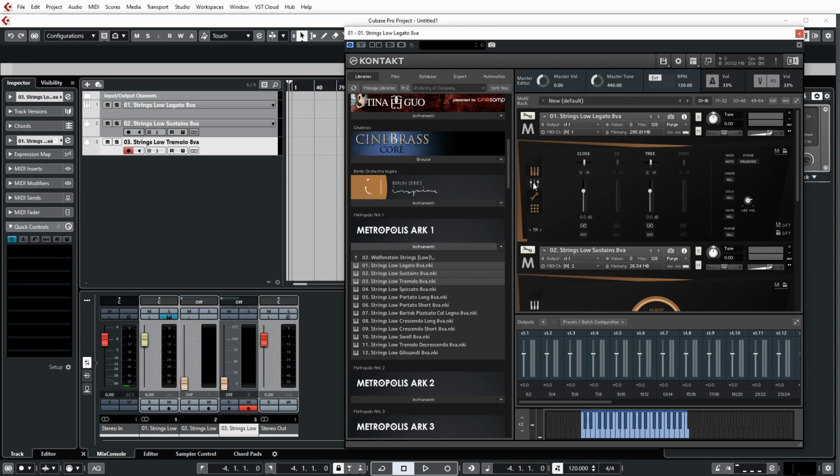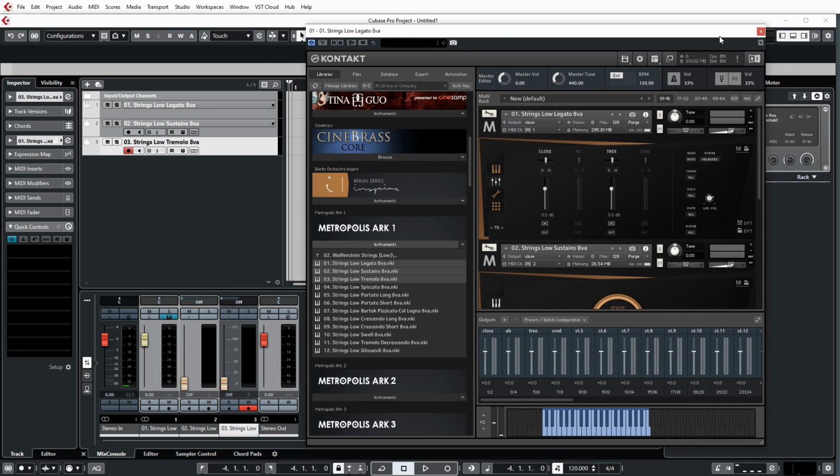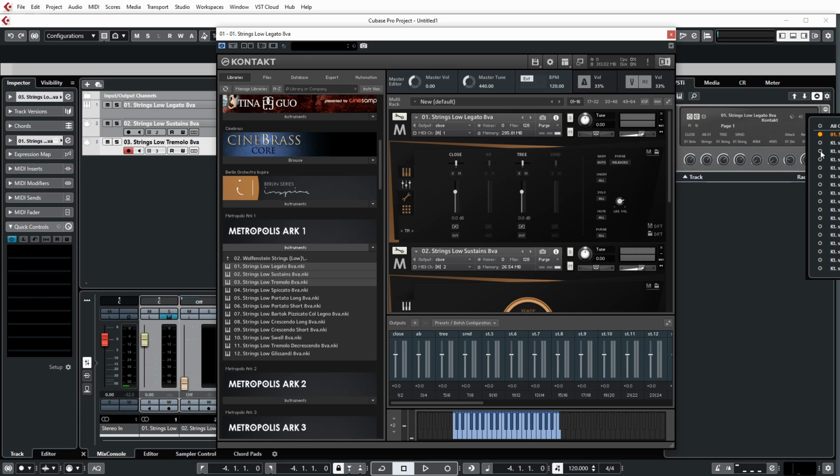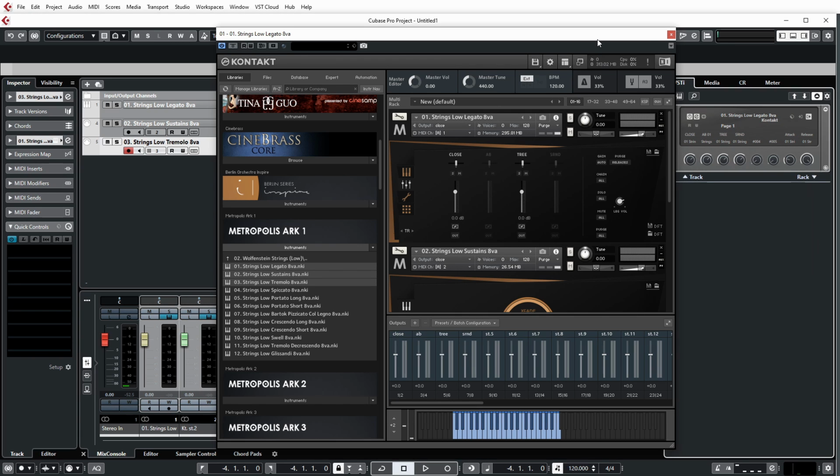Now, let's say we want to have full control over the microphone positions. There are 4 mic positions, so that means we need to name these close, AB, tree, surrounds. And then we need to activate those inside of Cubase, the outputs for them. And then